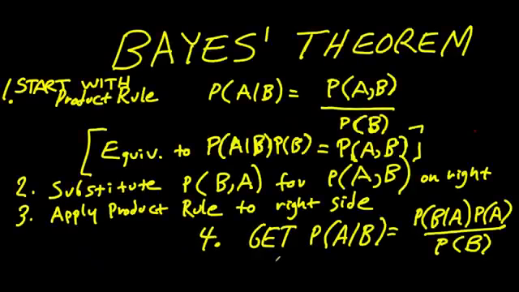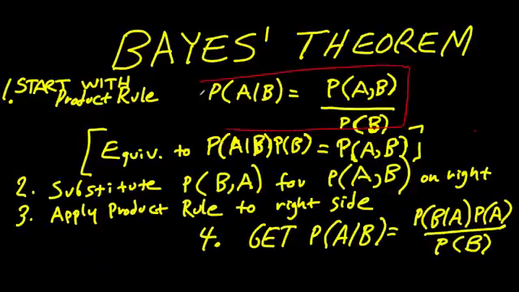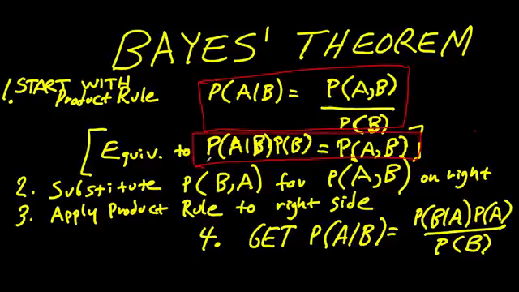Now we come to one of the most famous and powerful theorems in probability theory, Bayes' theorem. We start with the familiar product rule. You'll notice that if we multiply both sides of this equation by the probability of B, we'll get something that's equivalent, still due to the product rule, that looks like this. The conditional probability of A given B times the marginal probability of B is equal to the joint probability A,